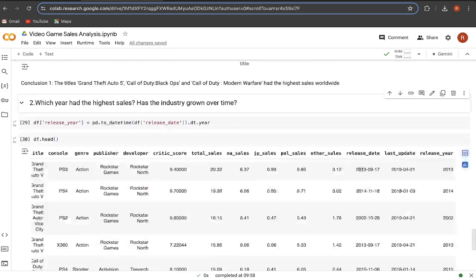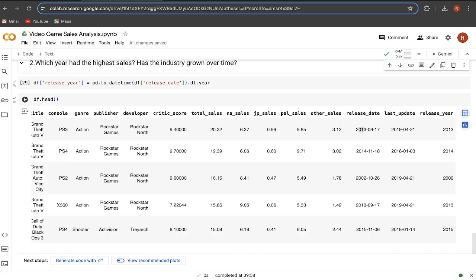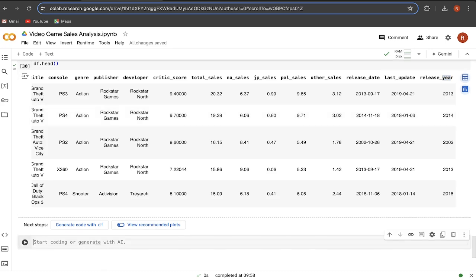Now coming to the second part, we are just solving this first sub question of which year had the highest sales. Later we will solve this other sub question. So first we are focusing on which year had the highest sales, and for that we extracted the year from the release date column. Now what we will do here is we will group by this release year based upon total sales, as we have to find the total highest sales made in a particular year, and we will perform grouping here. We will say df